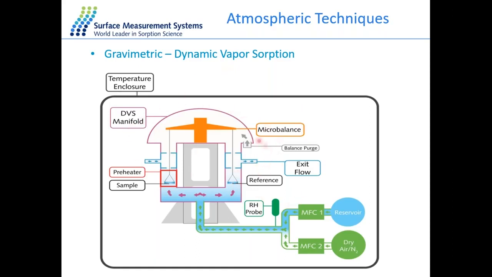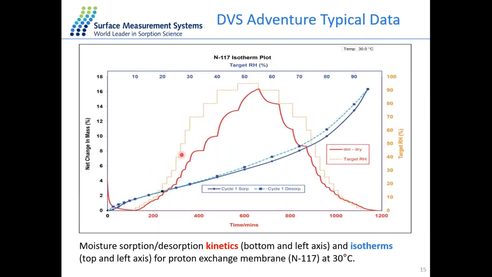This is a gravimetric technique based on, essentially, we make step changes in the vapor pressure that's shown in the dotted line, and then from the equilibrium mass uptakes, we can construct the adsorption in solid blue and the desorption in dash blue